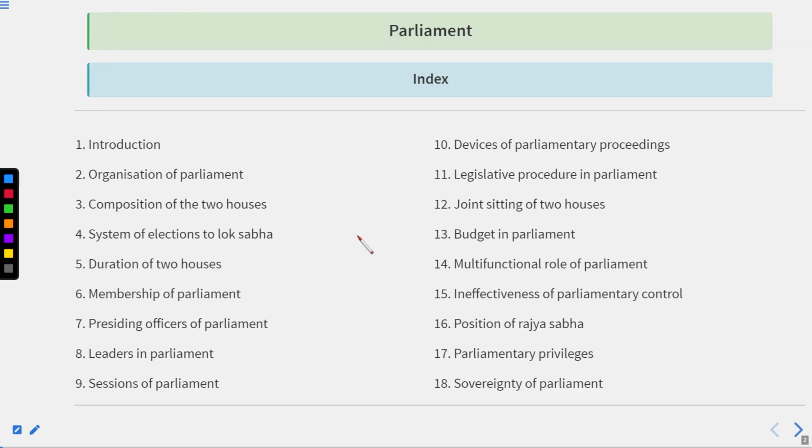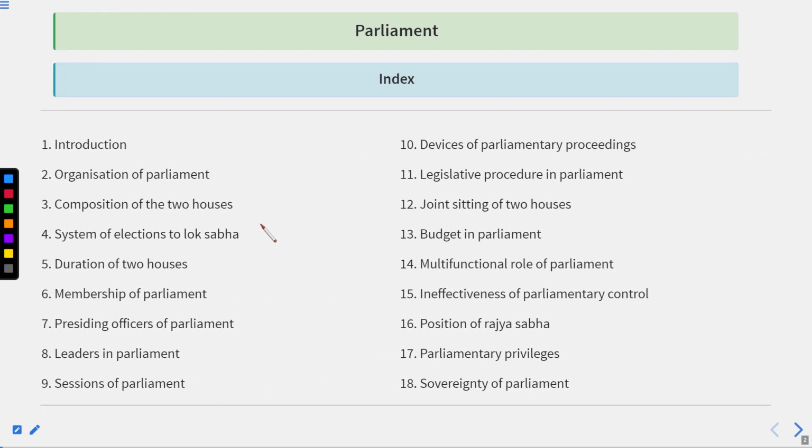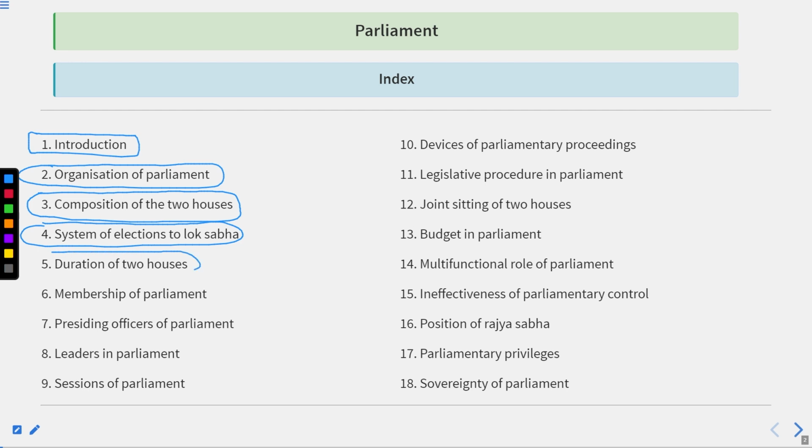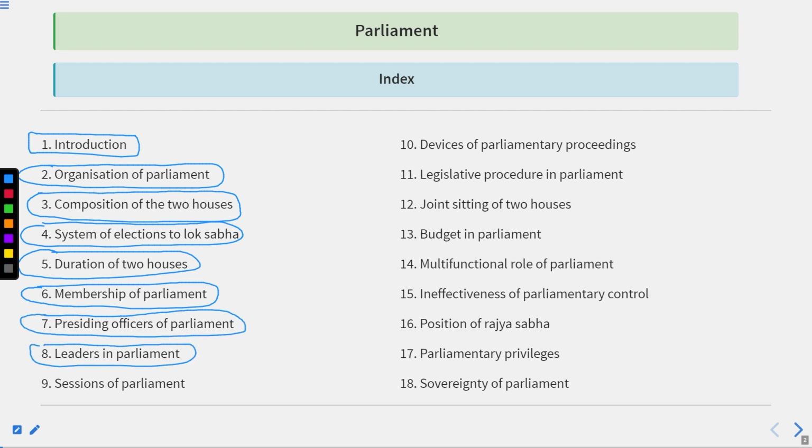These are the topics that we have scheduled for discussion under this series: the introduction part, the organization of parliament, the composition of two houses, the system of elections to Lok Sabha, the duration of two houses, the membership of parliament, the presiding officers of parliament, the leaders in parliament, the sessions of parliament, the devices of parliamentary proceedings, the legislative process in